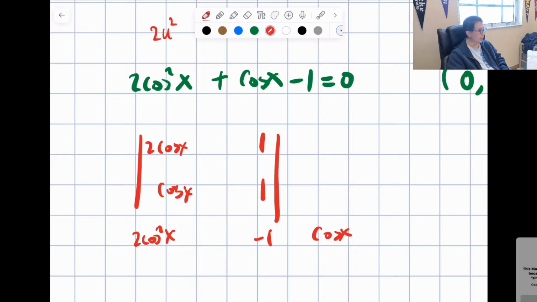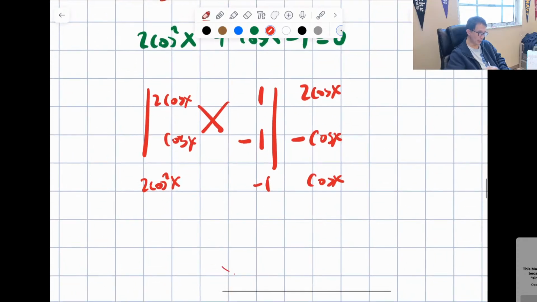And this 1 times 1, does that equal negative 1? No, but that's okay. We're going to figure out which one needs to be negative. 2 cosine of x, cosine of x. Which one needs to be negative in order to get positive cosine of x? Cosine of x. Good. And this one must be negative, right? Is this okay? So that becomes 2 cosine of x minus 1 times cosine of x plus 1 is equal